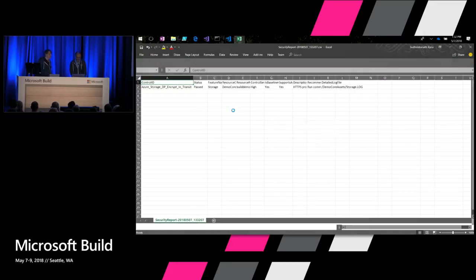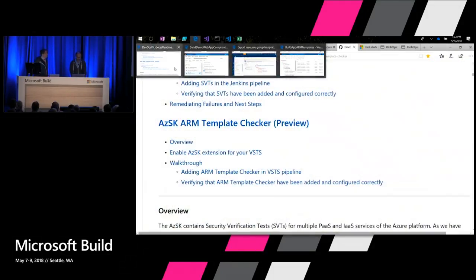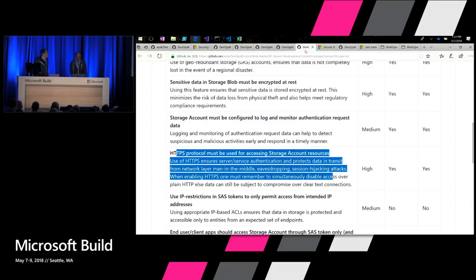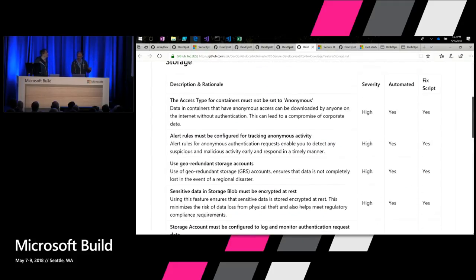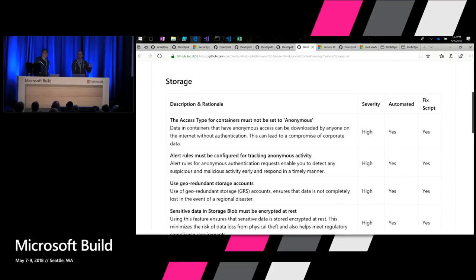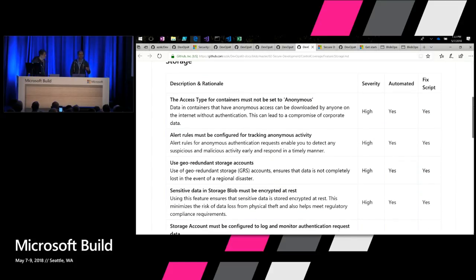So I was talking about engineers learning about security, right? If you talk about any resource, there are a bunch of things that you need to worry about, like security controls. If I'm talking about app service, these are the set of controls I need to worry about. Storage account, these are the controls. So what we have done is, we actually published all the controls that we expect an Azure feature to follow when you are using it on production. All those have been published on GitHub. So when our engineers scan, they know exactly which control is failing and why it is failing, and they either fix it or say it is not applicable for my application, right?